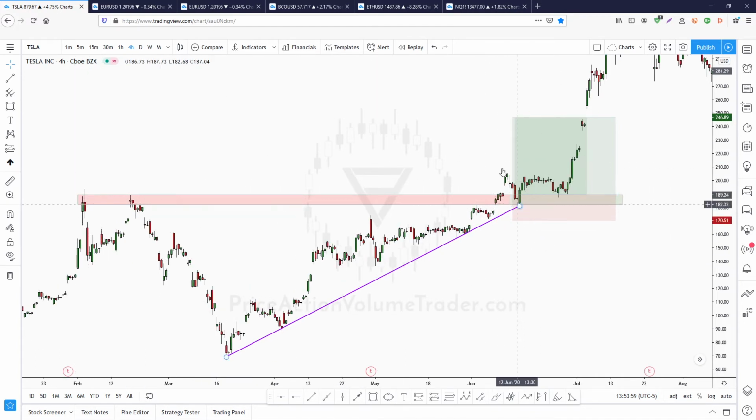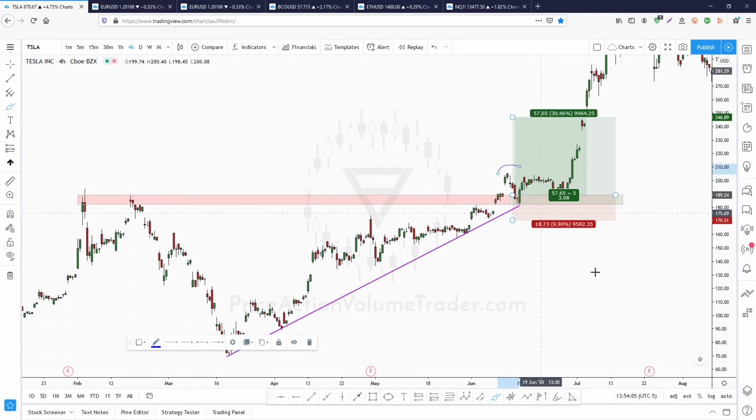We broke market structure here when we broke these highs, so price made a higher high. This is a rather fast return, so even if we avoided and didn't trade this one, we can see